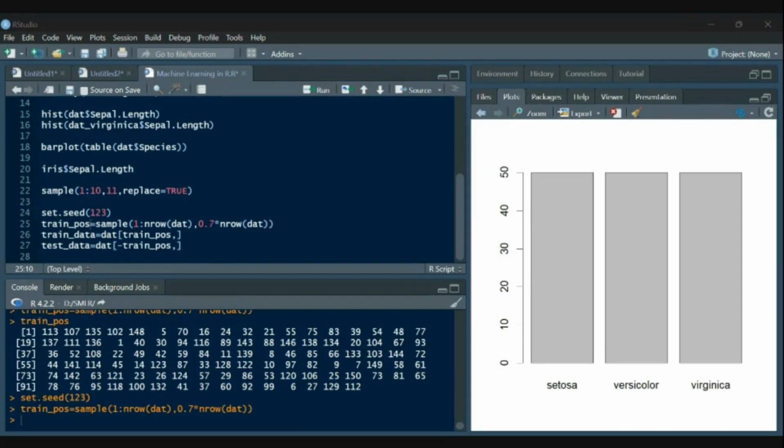So we'll now train a linear regression model. There are basically different algorithms used in machine learning for pattern recognition.